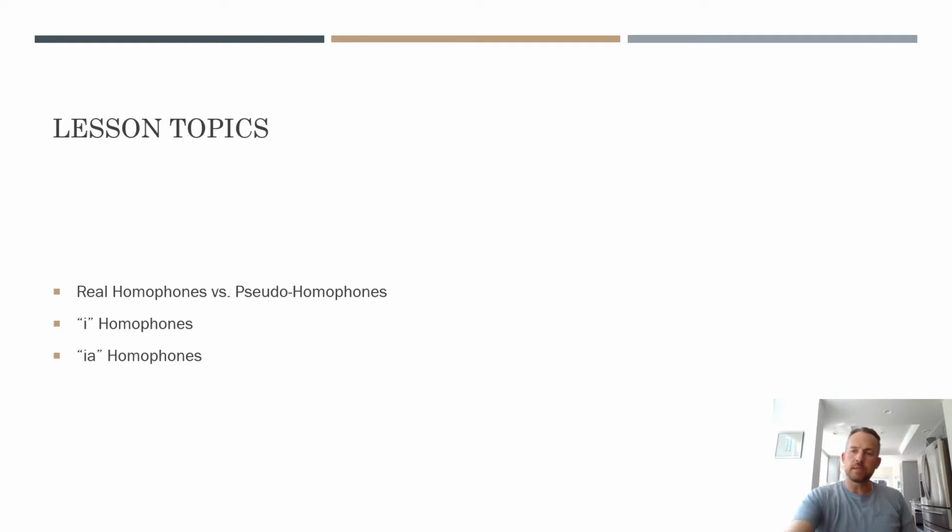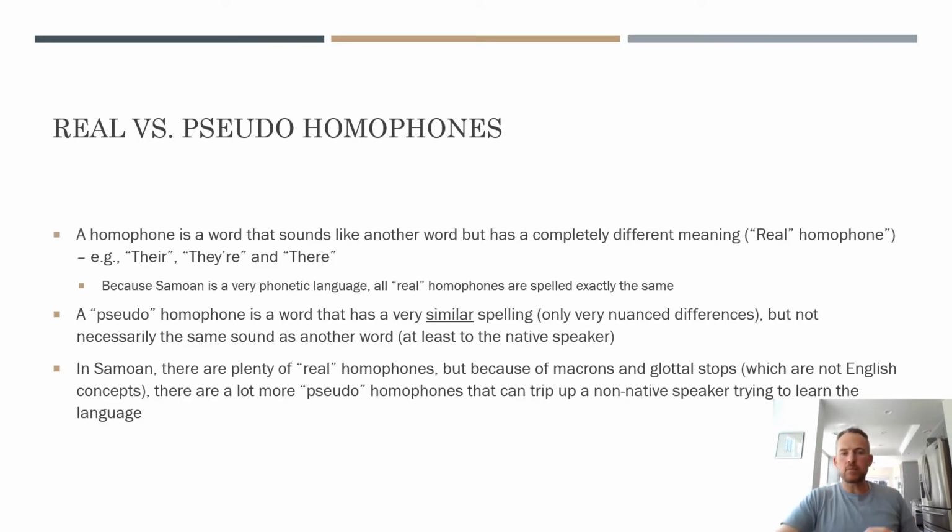All right, so with that being said, when I say real homophone, well, first of all, a homophone in general is just a word that sounds like another word, but has a different meaning. And I'm calling that sort of the real homophone. And in English, some examples of that are there, their, and they're. So I've got three different spellings there. They all sound exactly the same in English, even though they're spelled differently. They sound the same, and they mean different things. So the trick is in Samoan,